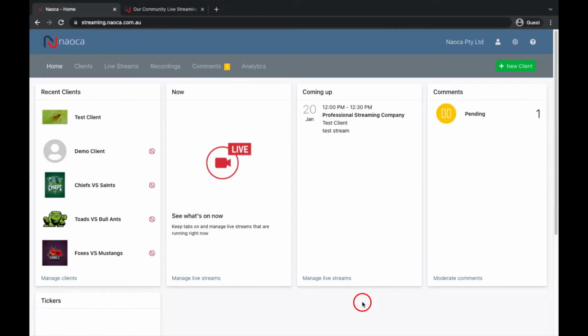Today we're going to look at uploading a recording. This might be useful if you're doing a service from a location that doesn't have good internet. So you can record the service on a camera or on your phone, whatever device you're using, and upload it